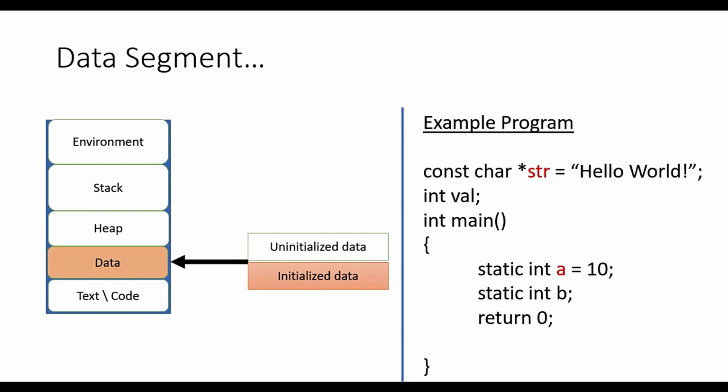Let's see this example program. In this example program, you can see there is a str variable. Also, in main function, there is a local variable which is static. Now, there are two local variables, a and b. And if you see global variables, there are two global variables, str and val. So total 4 variables are there, 2 global, 2 local. But the one which is initialized to some value will only be stored in initialized data section. So in this example, str and a will get memory in data section, and in data section it will be a part of initialized data.